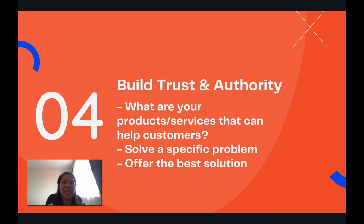Reason number 4 is to build trust and authority. What are your products or services that can help customers? So, what is the specific problem that you can solve for a customer, and what is the best solution for them,